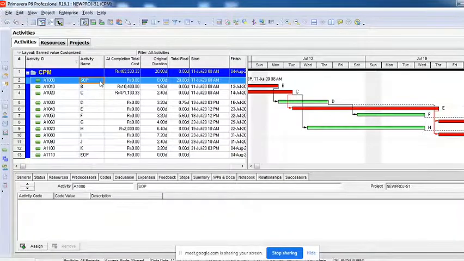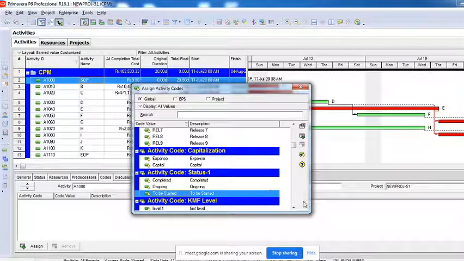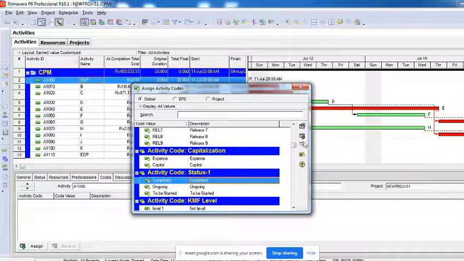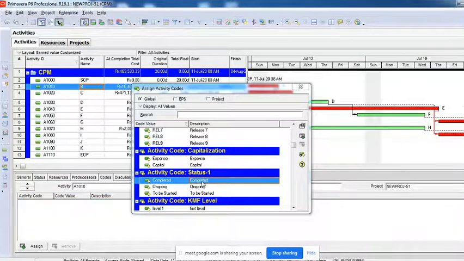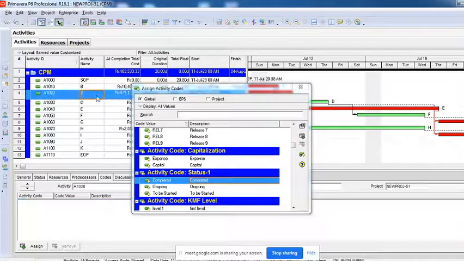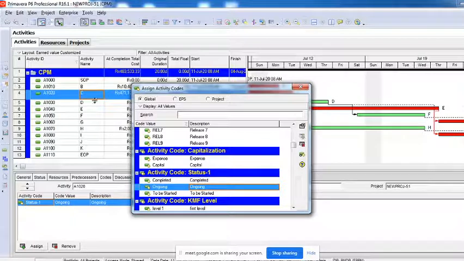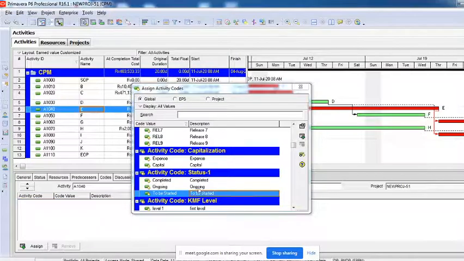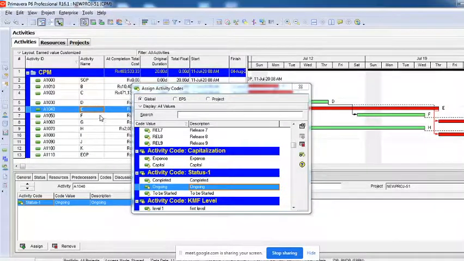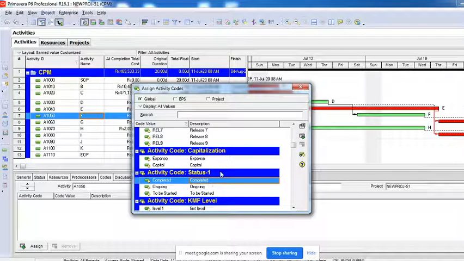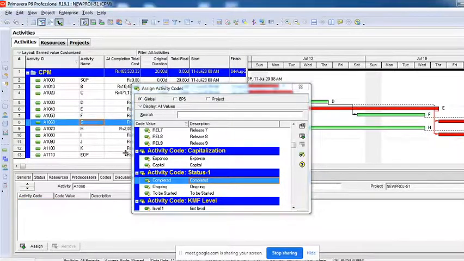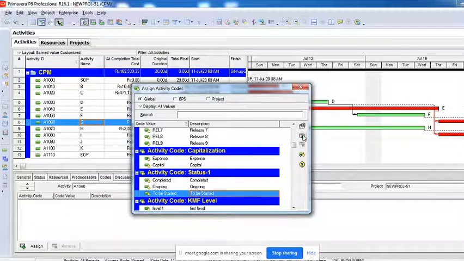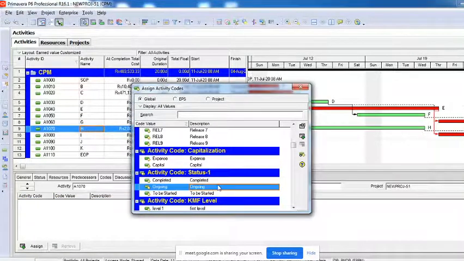Now I'll come to these activities and go to the detail window called codes and then say assign, and you can see that this status 1 is already here. So we just have to click on this and then go on adding the codes. This can be anything, probably based upon the responsible manager, type of work, scope of the work, based upon the contractor, subcontractor. Your activities can be distributed and divided, and you can group them in that way to understand what is happening in that particular segment, right?